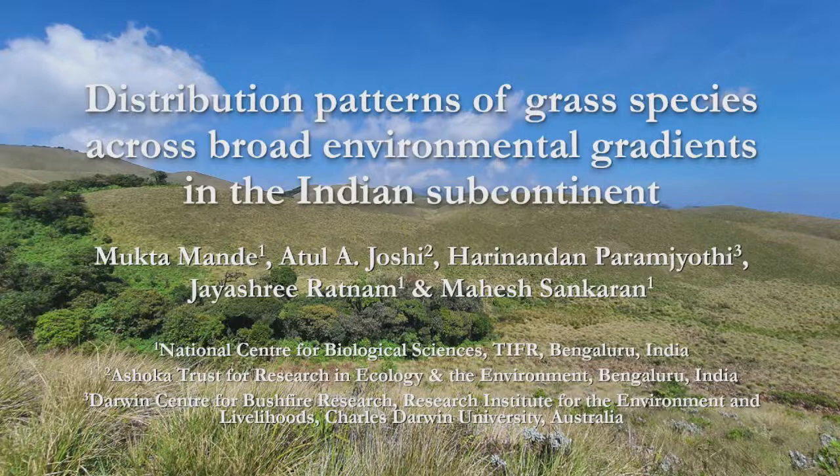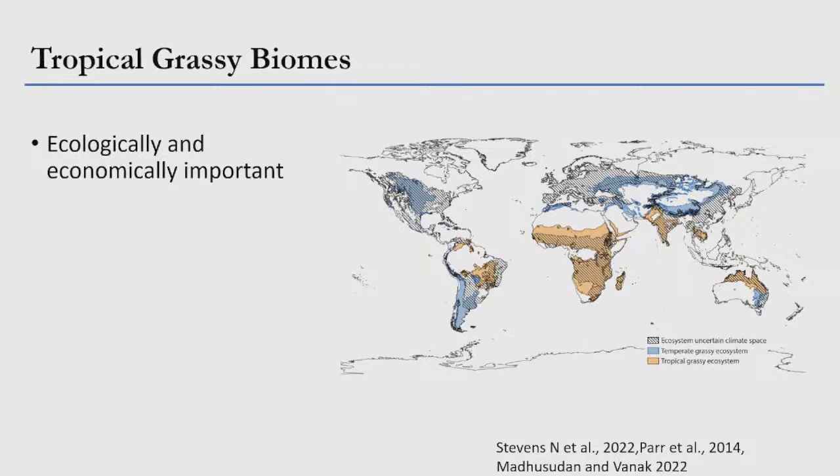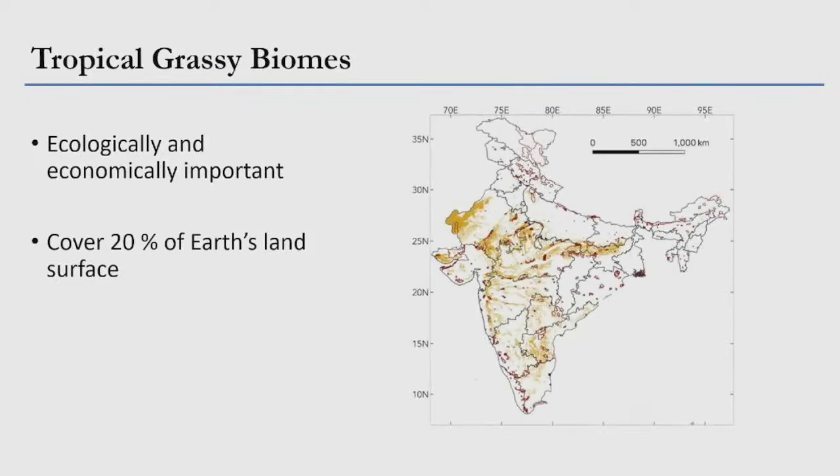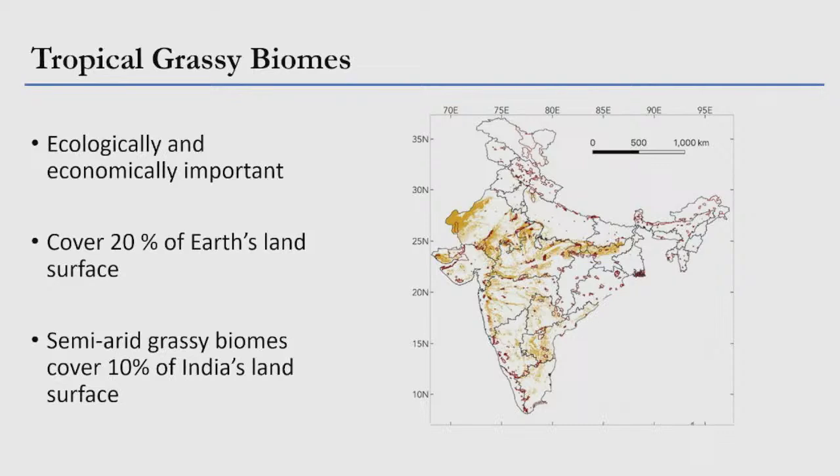Today I will be talking about the distribution patterns of grass species in the Indian subcontinent. So we all here know that the tropical grassy biomes are ecologically and economically important, covering almost 20% of the land surface. And even in India, these biomes are widespread. The yellow portion here in the map shows the semi-arid grassy biomes, which cover around 10% of India's surface area. And now grasses form the understory in these systems,